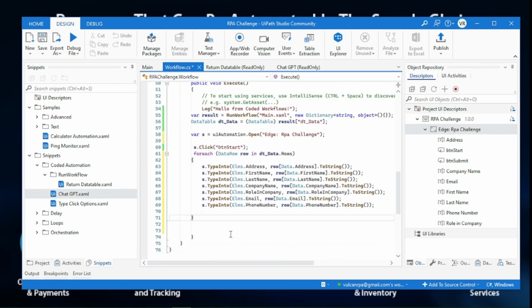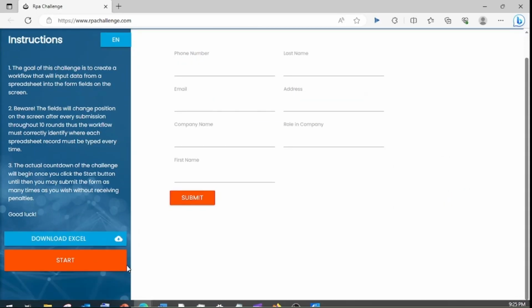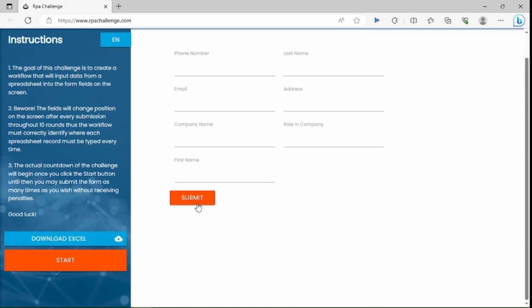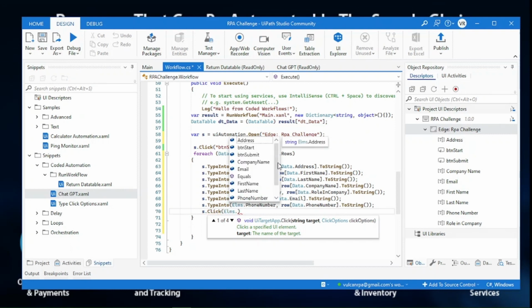It's just data. So once I've copied the fields in here, all I want to do then is, at the end of each loop, click that submit button. So over here, I click the start button, I start typing into, and then I click the submit button, type into, click the submit button. So at the bottom of the loop here, I basically want to do an S click, and what I want to click is elms dot